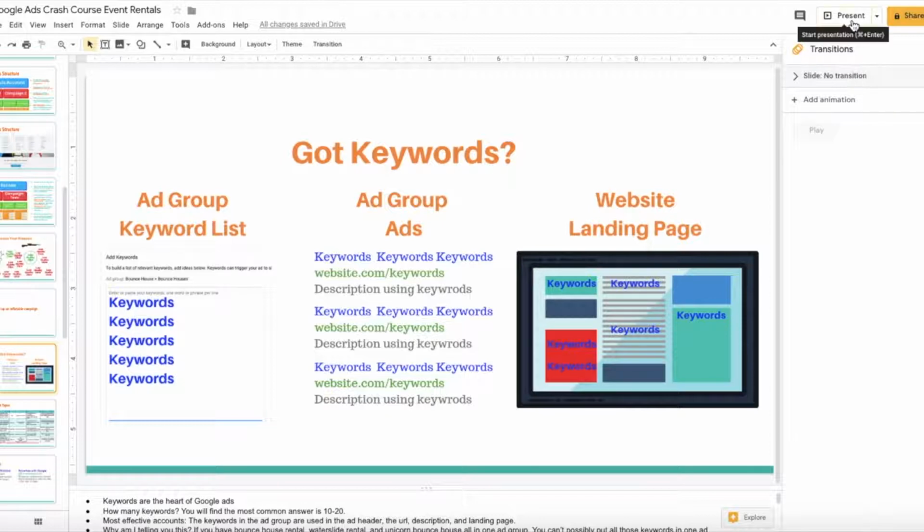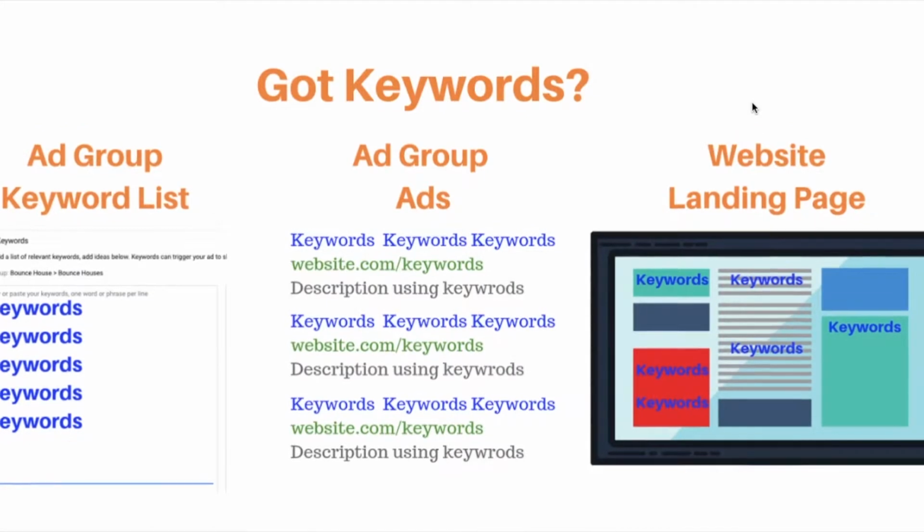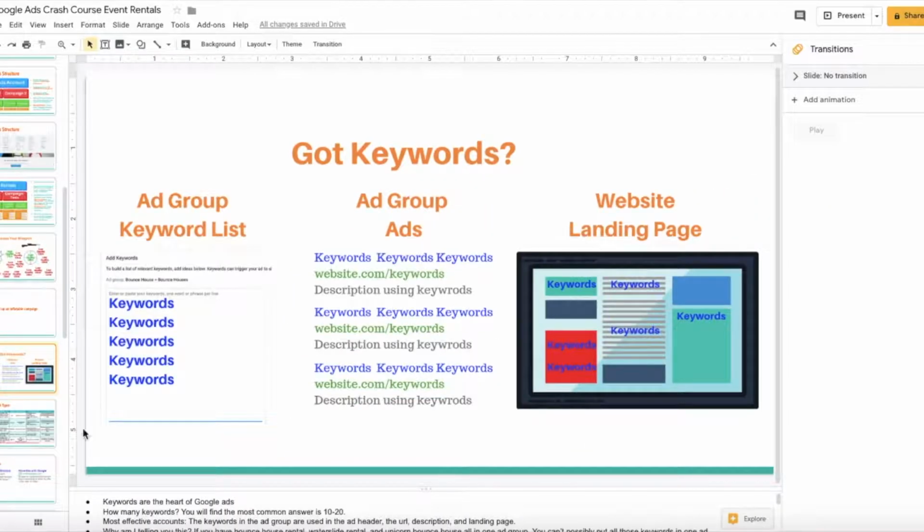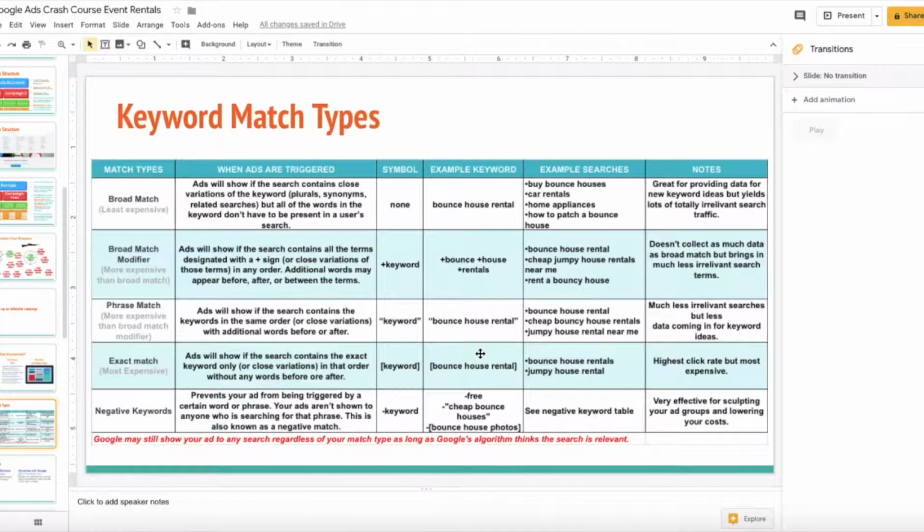Keyword match types are something that most people don't understand, and we're going to talk about that here. Keyword match types basically tell Google how specific you want the searches it sends you to be. So if you say bounce house rental is your keyword, do you want Google to send you searches for people